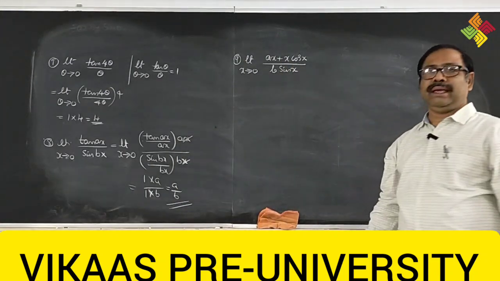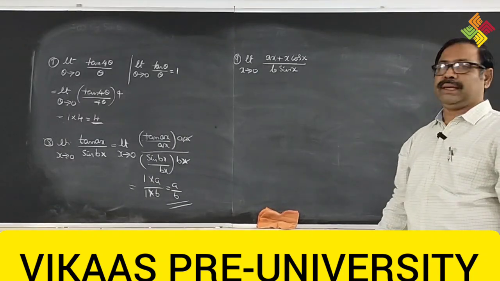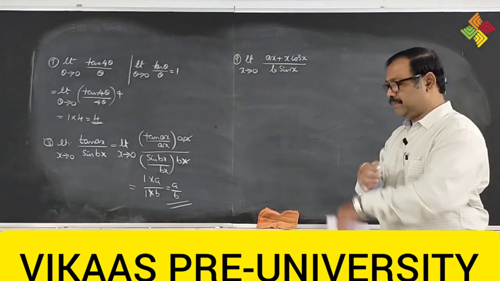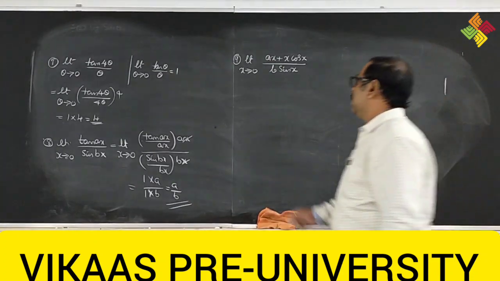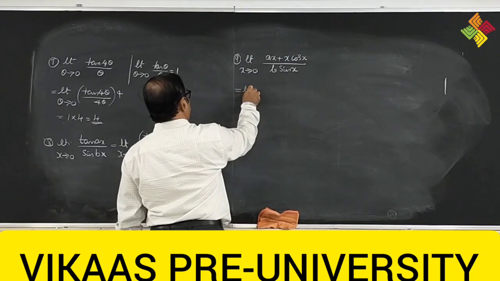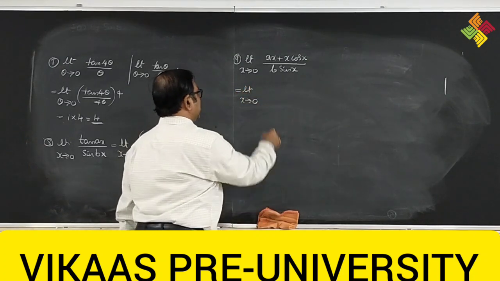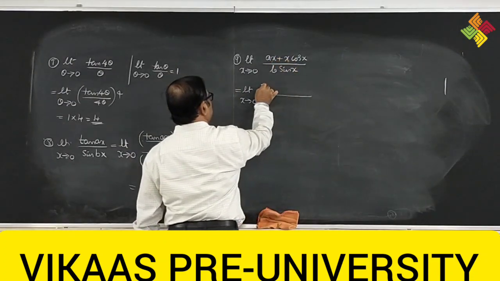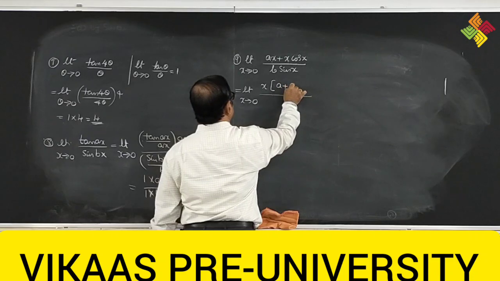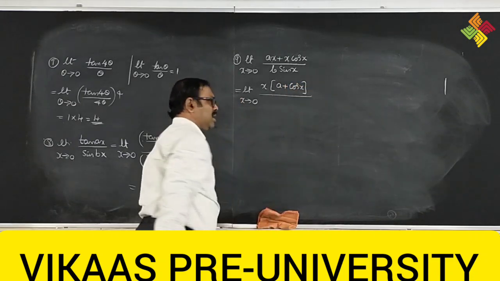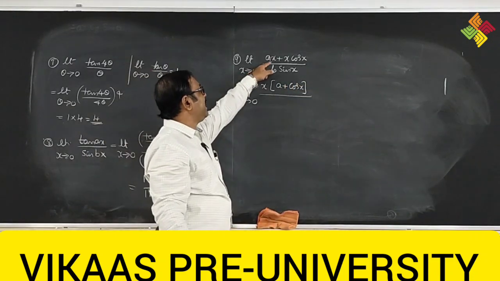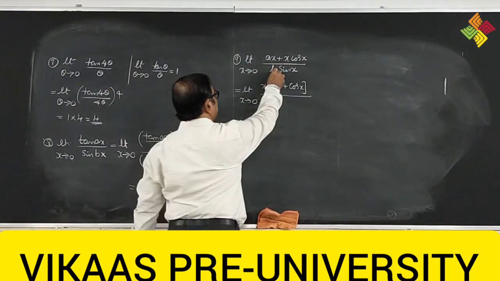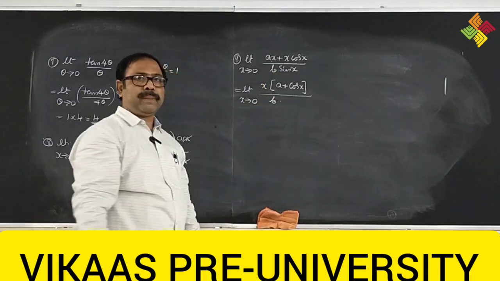First, in the numerator we find x is common, so I write x into (a + cos x). Taking out x, what do you get? (a + cos x) divided by b into